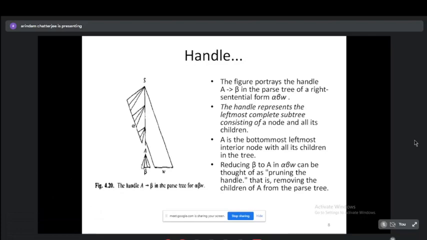No, it is not an alpha beta pruning as such. It could be like you can subdivide alpha into alpha 1 and alpha 2. Okay, and then alpha 2 could be the candidate for handle pruning. Okay, so it doesn't really matter where alpha is ending and where beta is starting, but it has to be some part of the substring in your rightmost sentential form in some step.